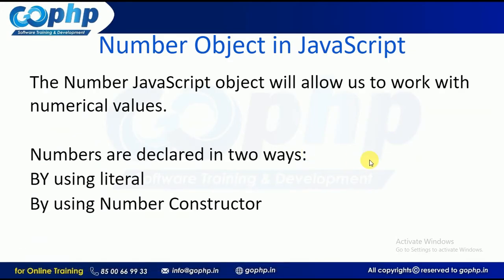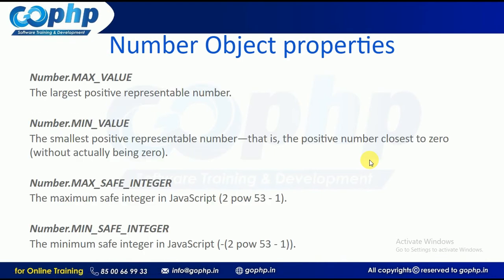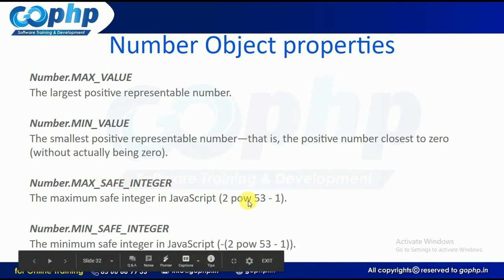First let's discuss the properties. Can you see these are the properties, guys? Number.MAX_VALUE, and they have to be in capital letters. Number.MIN_VALUE, and MAX_SAFE_INTEGER, and MIN_SAFE_INTEGER, and all. These are the maximum values which can be saved in an integer variable. The MAX_VALUE, MIN_VALUE, as well as MAX_SAFE_INTEGER and MIN_SAFE_INTEGER, 2 to the power of 53 minus 1 and minus (2 to the power of 53 minus 1). MIN_VALUE, the range of an integer.